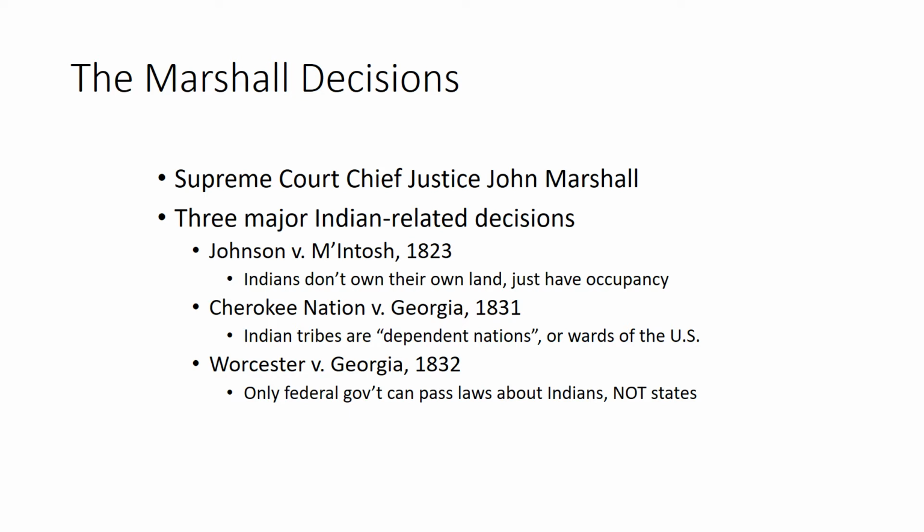Here's the situation. The Johnson in question had been one of the first members of the Supreme Court when it was established in 1789. And before that, years before that, back in 1773, 74, Mr. Johnson had bought land in Illinois from that tribe. He had bought the land, his family moved out there, built a house, lived there for decades, for about 50 years, and then along came this guy, McIntosh,